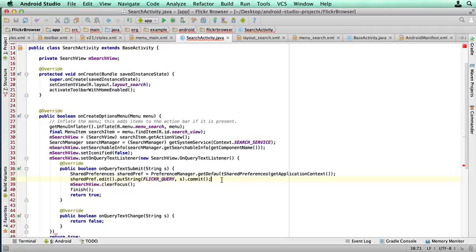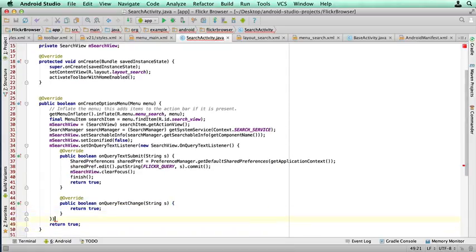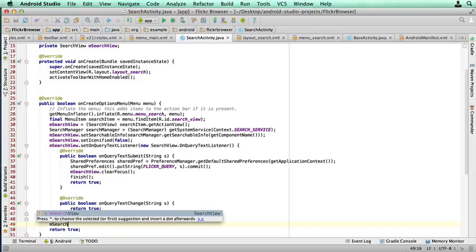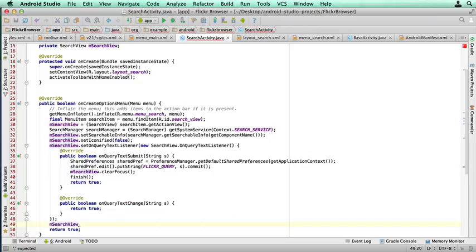Okay, that's now fixed. And on query text change, we'll leave that as return true because we won't do any processing for that. Okay, we need to add that. And then the other thing I'm going to add here is another listener for a close event. So at search view dot set on close listener